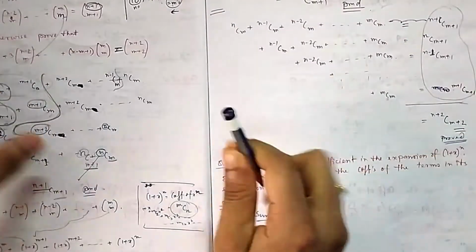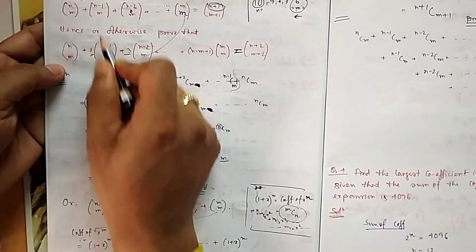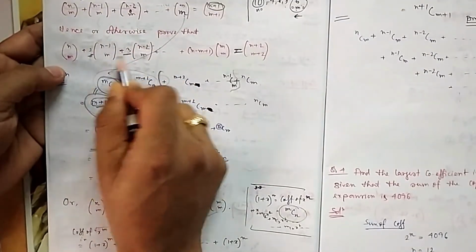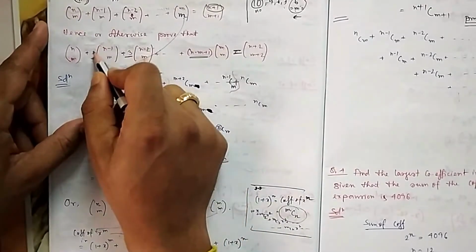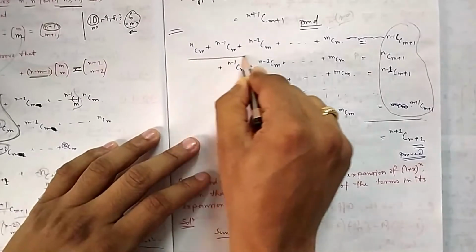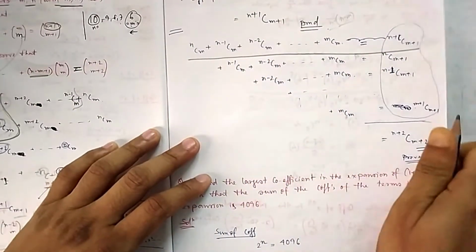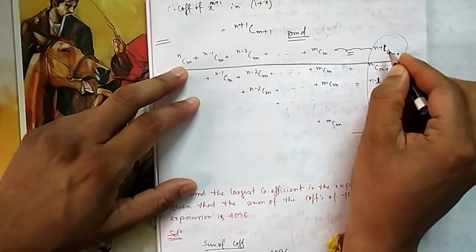What is this second case? This one you can see it is 2, it is 3, the same one, but the power is increased, 2, 3, and then ultimately this one. So this is multiplied by 2 times, this is multiplied by 3. So what I have done till now, this much we have proved, the first one. If the series starts from n, then ultimately we get n plus 1.